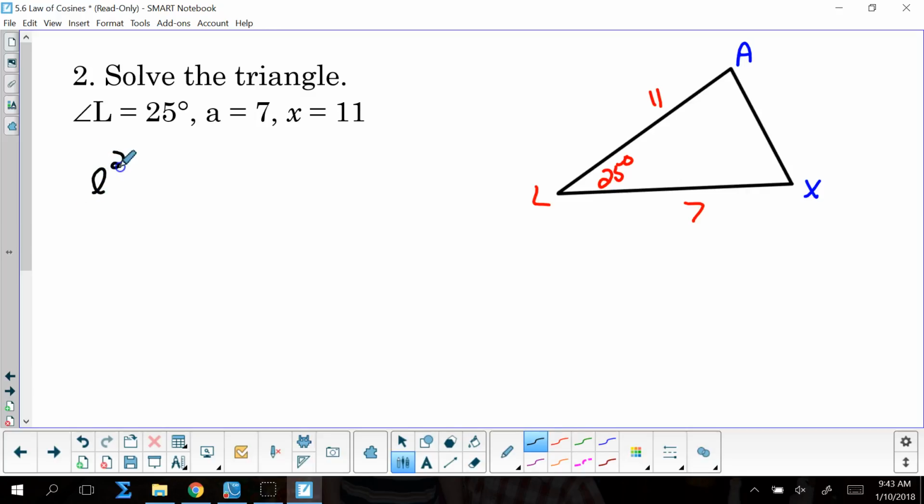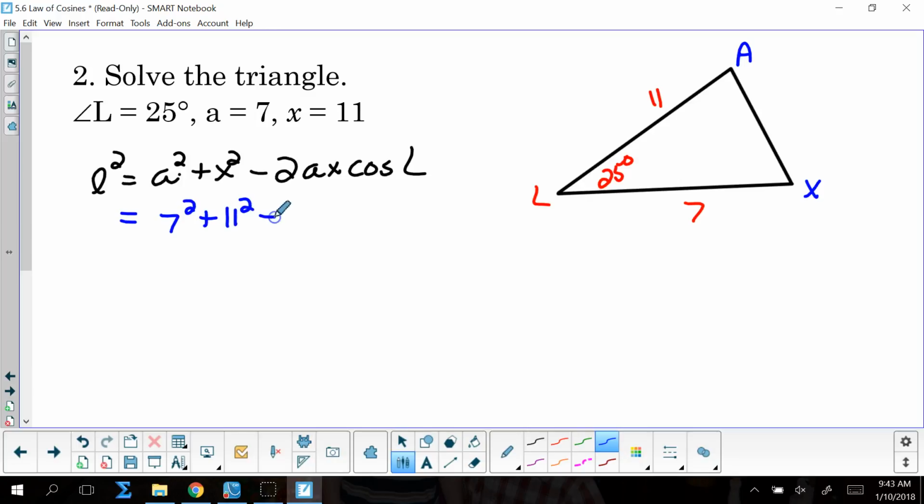But side L squared is going to equal side A squared plus side X squared minus 2 times side A times side X times the cosine of angle L. Filling stuff in, 7 squared plus 11 squared minus 2 times 7 times 11 times the cosine of 25 degrees,